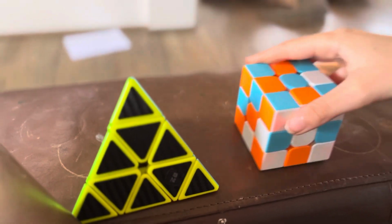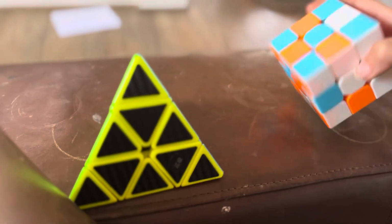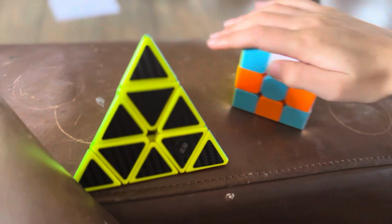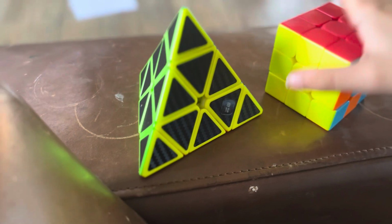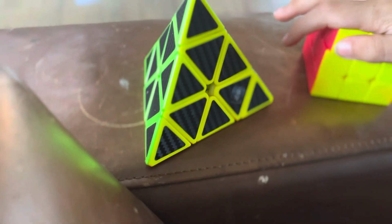look like you just scrambled it. And if you practice it a lot, it could look like it's magic. Like